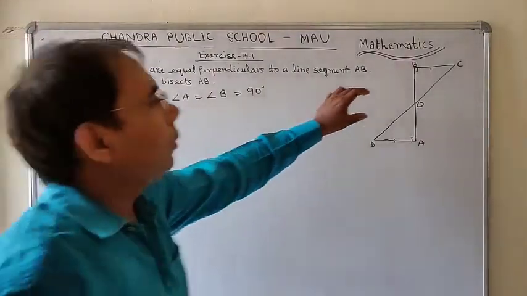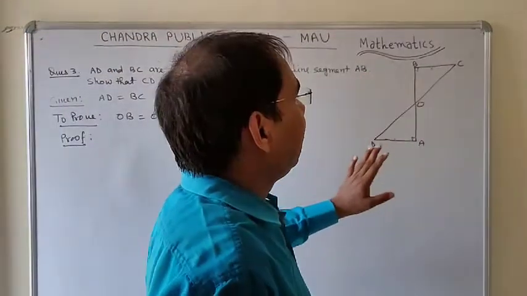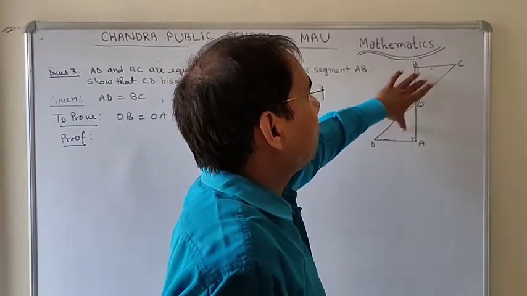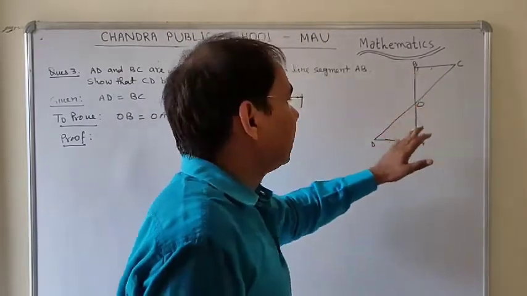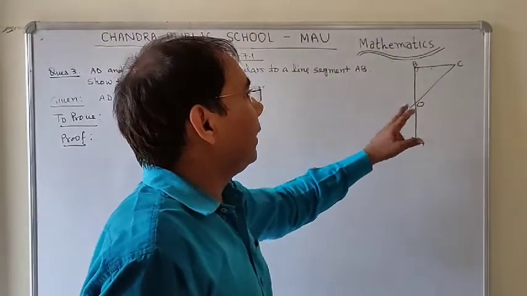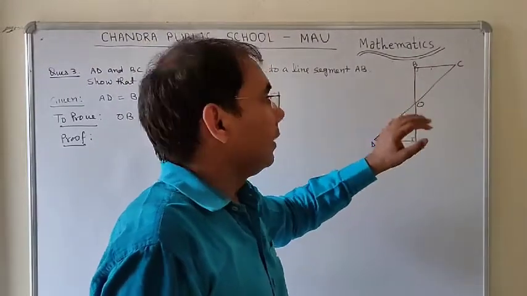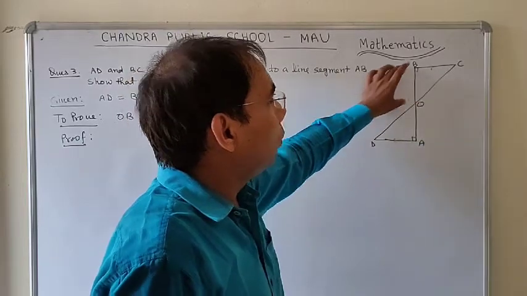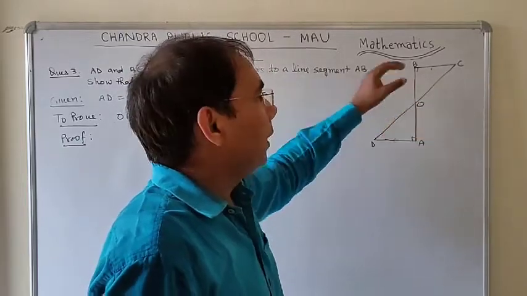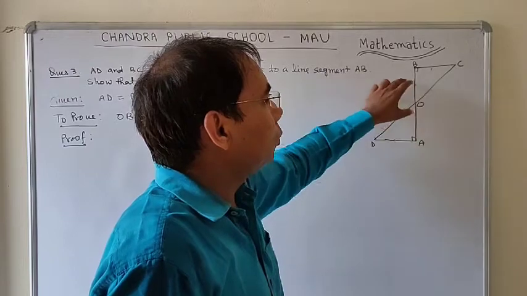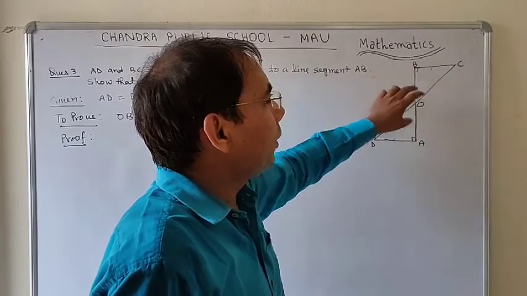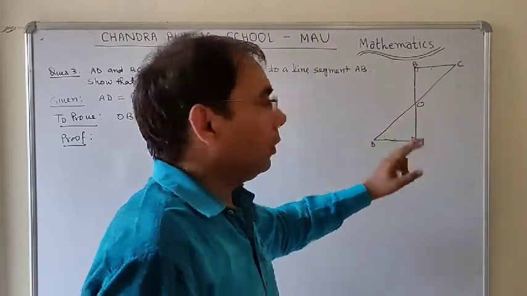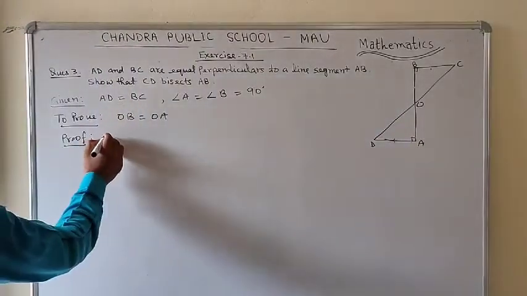So students, if you are going to prove OB and OA are equal, how will it be proved? If anyhow you are able to prove that these two triangles, triangle OAD and triangle OBC, are congruent, then by CPCT OB equals OA. But before that you need to prove that both the triangles are congruent. So here you will write in the proof,